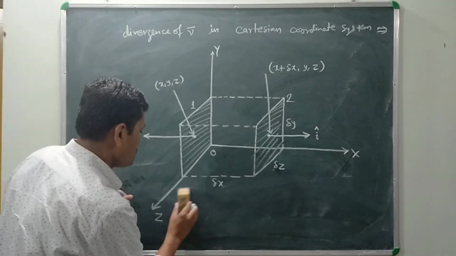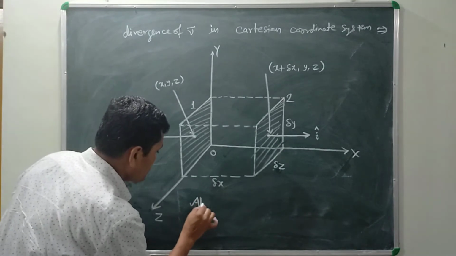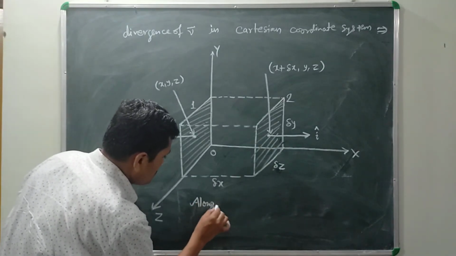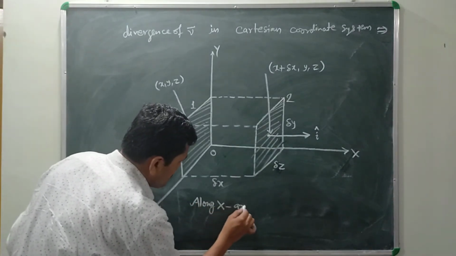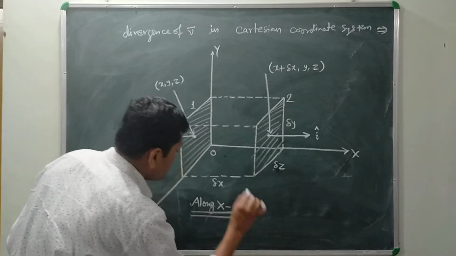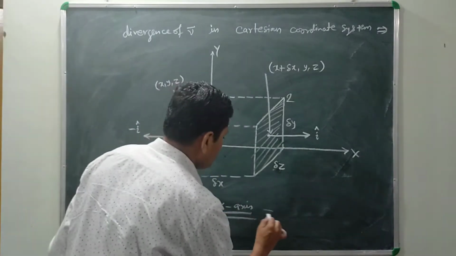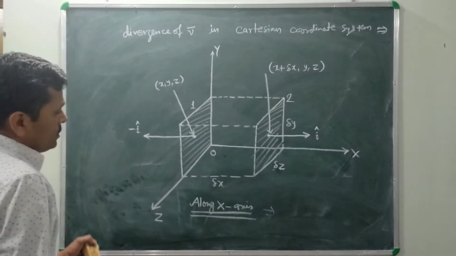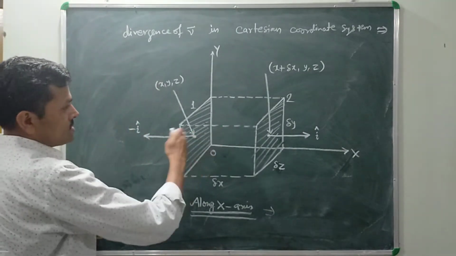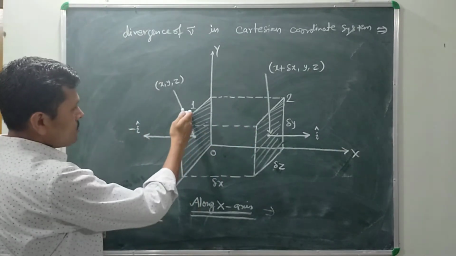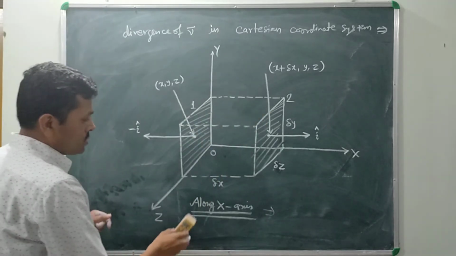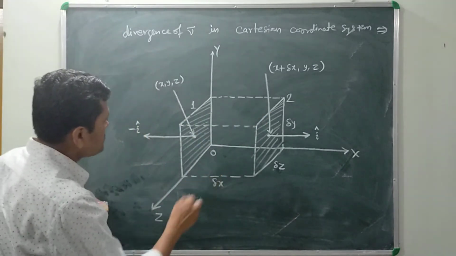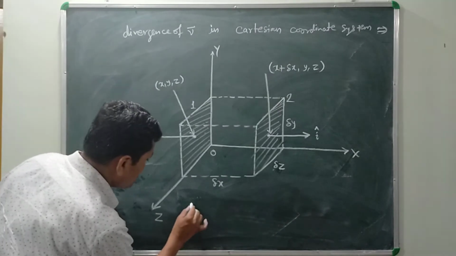First of all, write down along x-axis. There are two faces. This is face 1 and this is face 2. So along x-axis, net flux